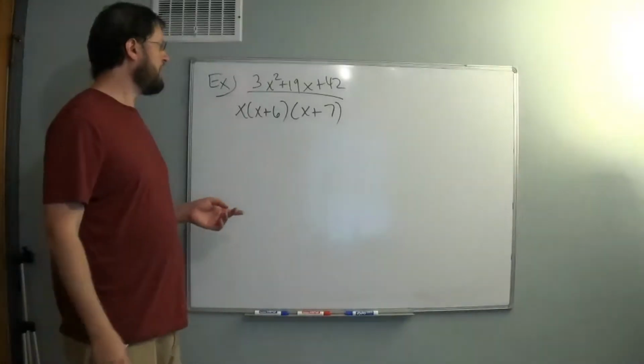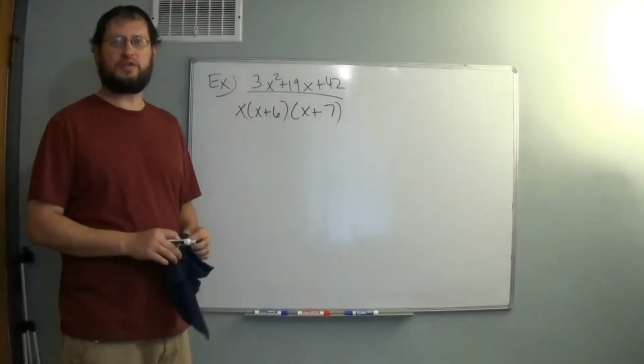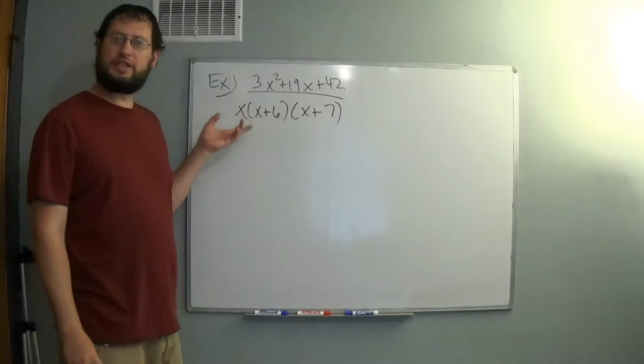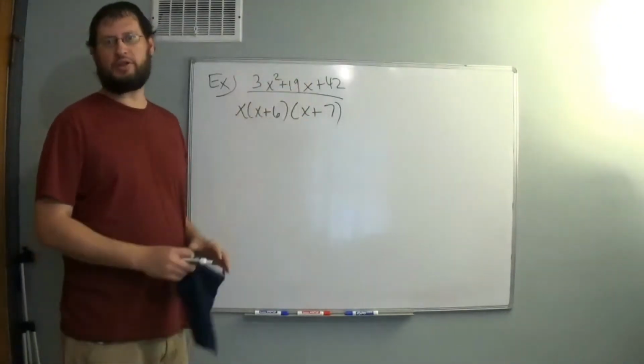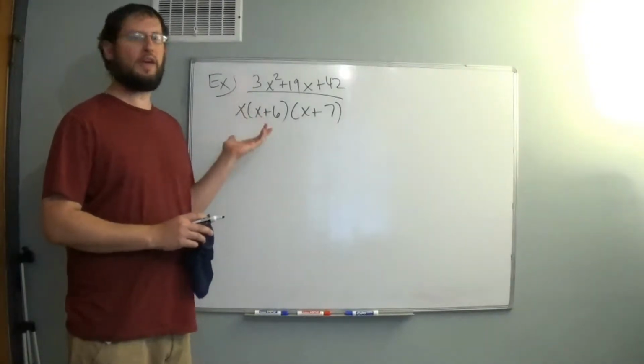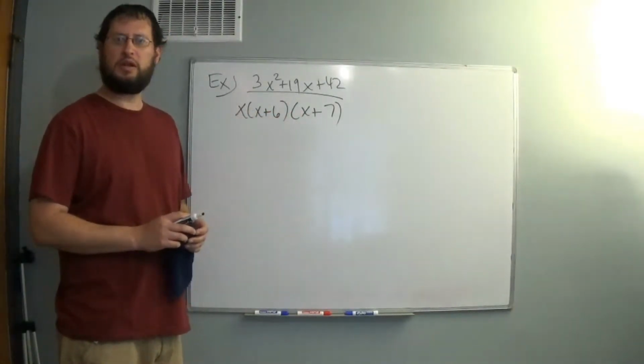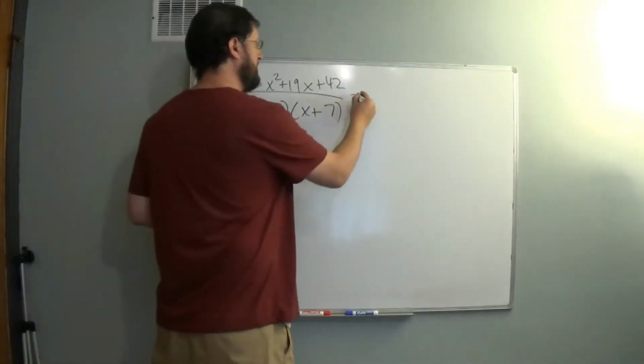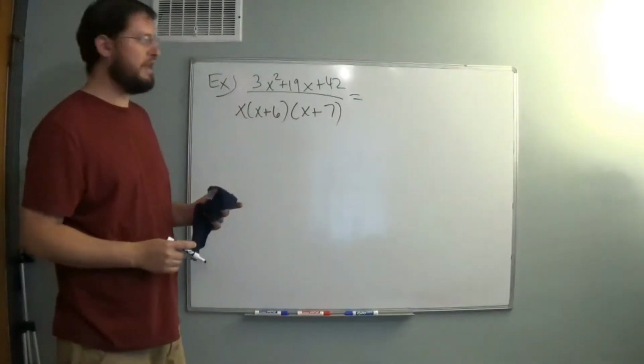And let's find the partial fractions decomposition for this rational function. Notice that the first step is done for us. The denominator has already been factored. And so that's great. If it weren't, we'd have to factor it, and this is what we'd get to. But since it's already factored, that means that we can just immediately go to the next step, which is to